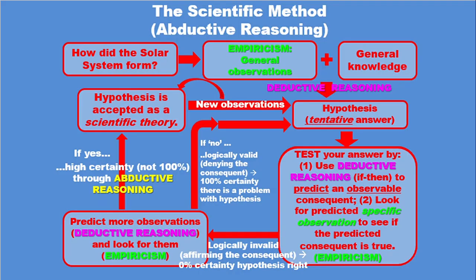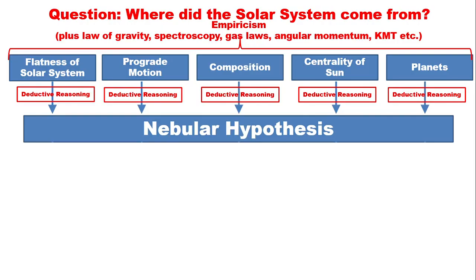We had looked at how we use the scientific method to come up with this hypothesis, originally a hypothesis, how we combine empiricism, which is observations, to help answer our question about the problem, and we add into that general knowledge that we already knew about space and science in general. And so we saw that a number of these observations we combined with Newton's law of gravity, spectroscopy, the gas laws, angular momentum, importantly the kinetic molecular theory, and so on, and we used deductive reasoning to come up with